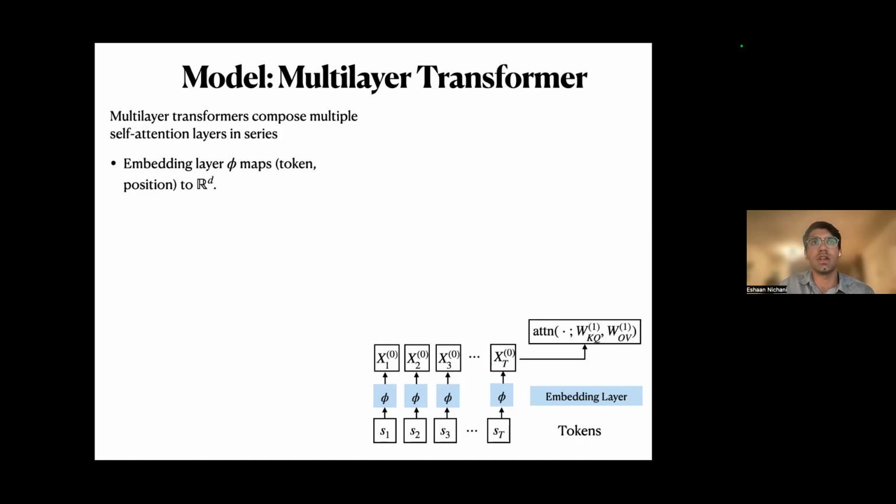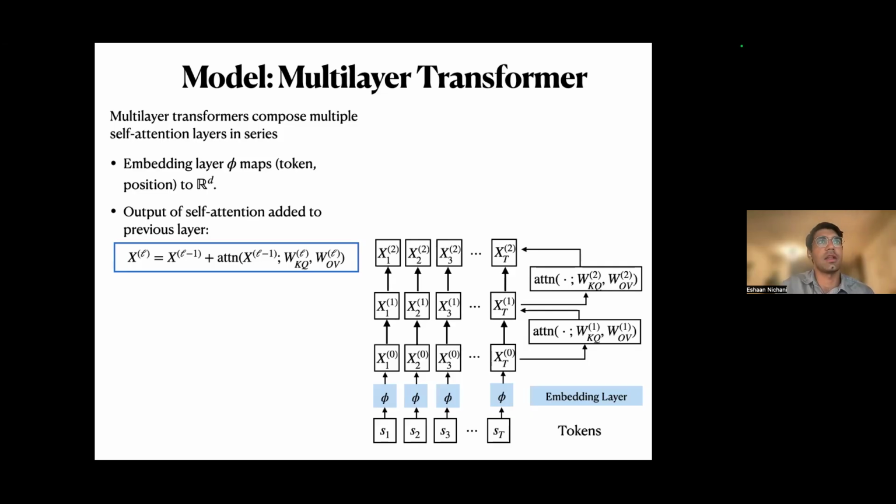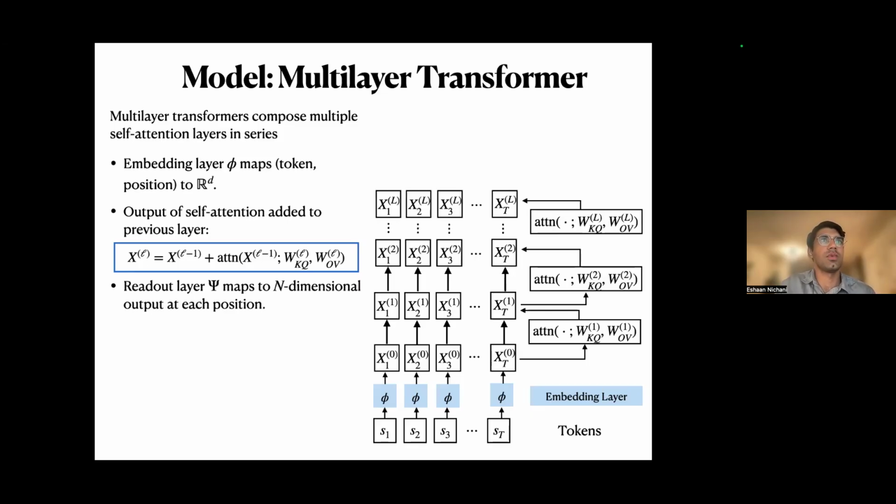The output of this self-attention layer is then added back to the original embeddings, i.e. through a residual connection, giving us the following formula for the first layer embeddings. This process is then repeated for L layers, where again, the output of self-attention keeps getting added back to the previous embeddings, until finally we have some readout layer psi, which maps the final layer embeddings to an n-dimensional output at each position.